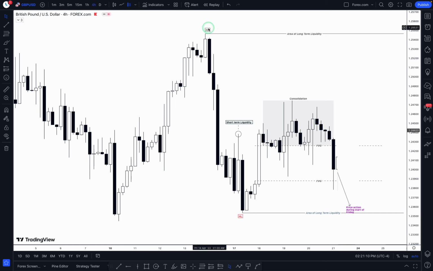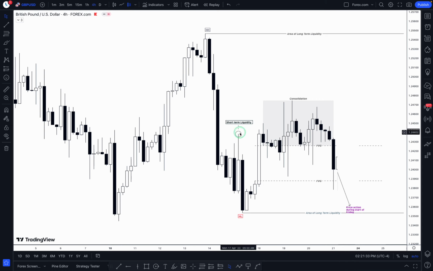We've created a higher high in comparison to this high, and we've created a higher low in comparison to this low. On the higher low and the higher high, these areas have long-term liquidity that resides on them. Due to day traders' time scale, price will often take a considerable time to reach these levels.